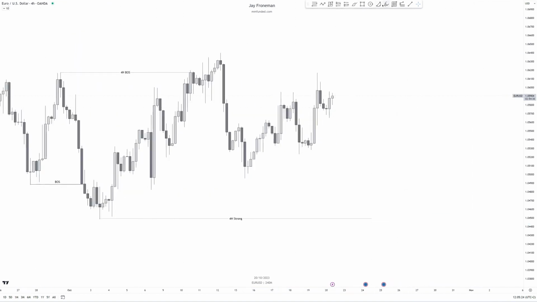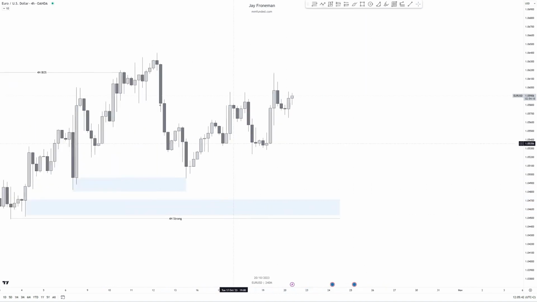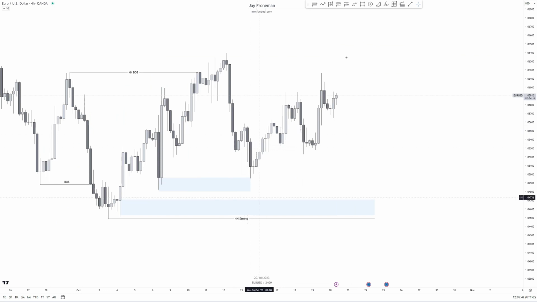Okay, we've now started after that 4-hour break of structure, that 4-hour pullback, and we've now mitigated areas of 4-hour demand. We actually had two areas of 4-hour demand here. We had a more extreme zone and we also had a more recent zone. In this scenario, we had price mitigate the more recent zone. We created that internal break of structure to the upside,